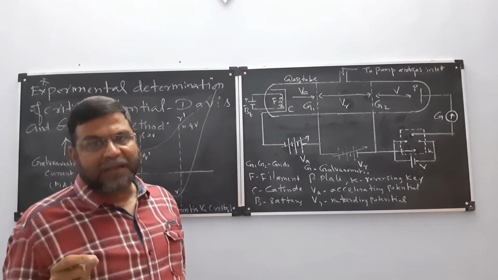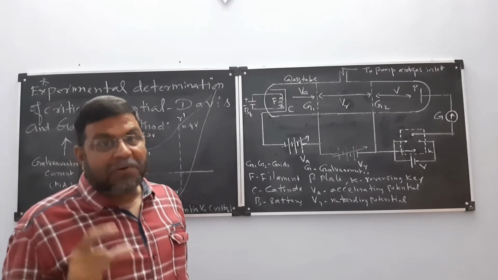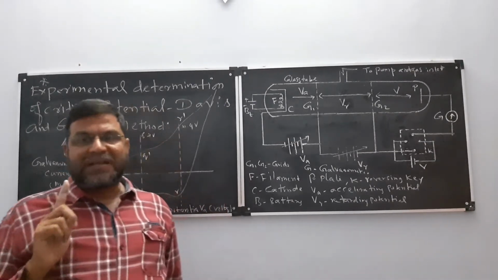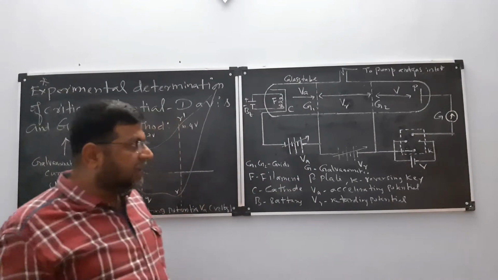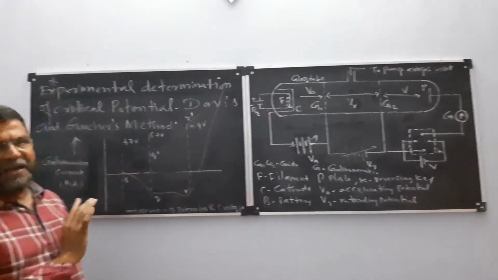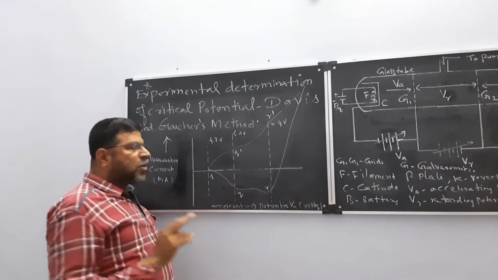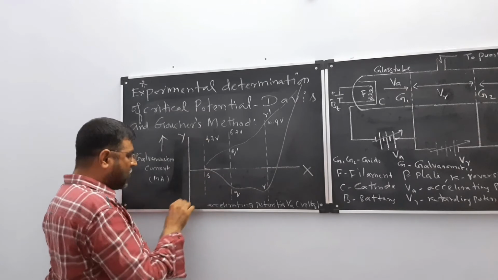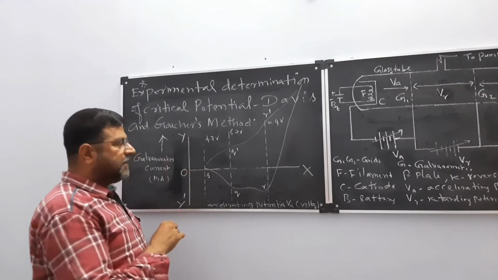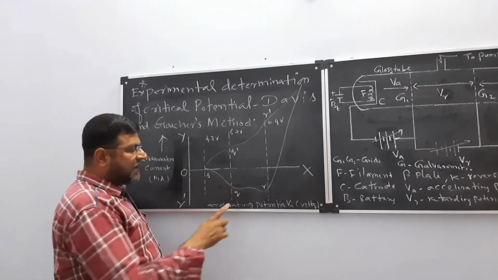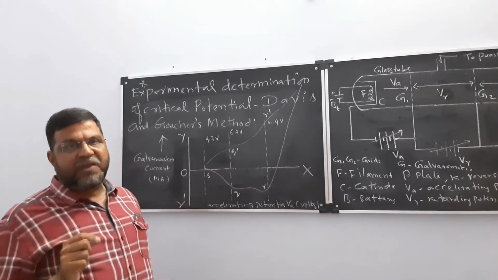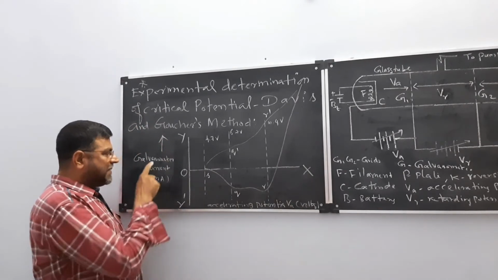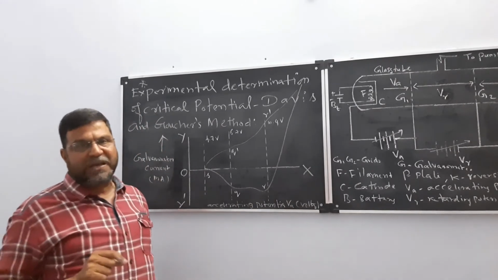That is the working. From this, we are going to draw a graph. That is the 4th heading. First I told you the principle, second the construction with this diagram, third the working, and now the explanation of the graph. So I am drawing a graph taking the x-axis, y dash axis and origin. On the x-axis I have taken the accelerating potential VA, unit is volts, and on the y dash axis I am taking the galvanometer current, which is expressed in